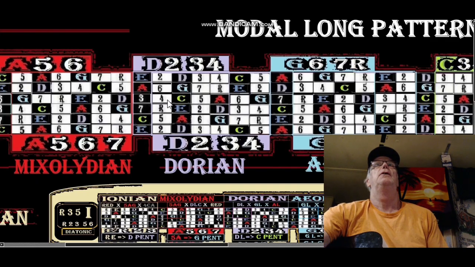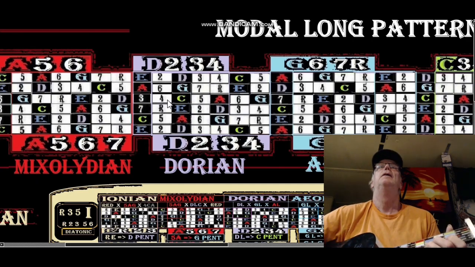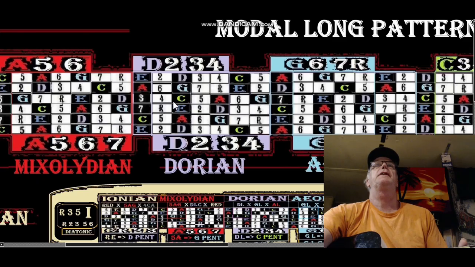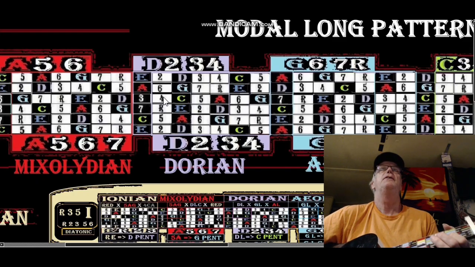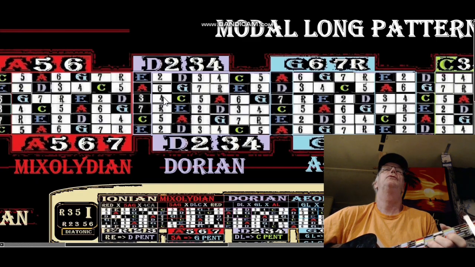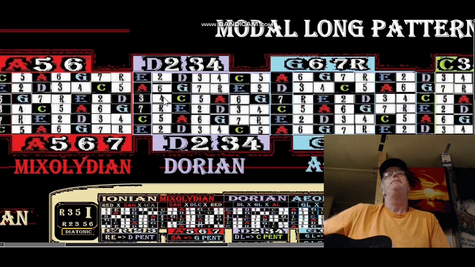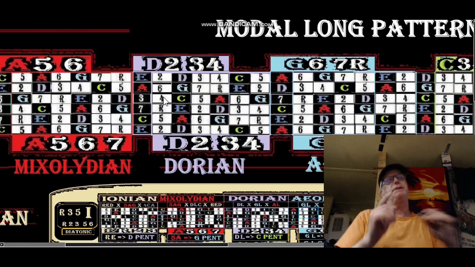Right there, 4, 5, 6, or we can go 4, 5, 6 open, 7, root, 2, 3, 4. So that's the diatonic, and I already knew how to do that, but I didn't know how to do